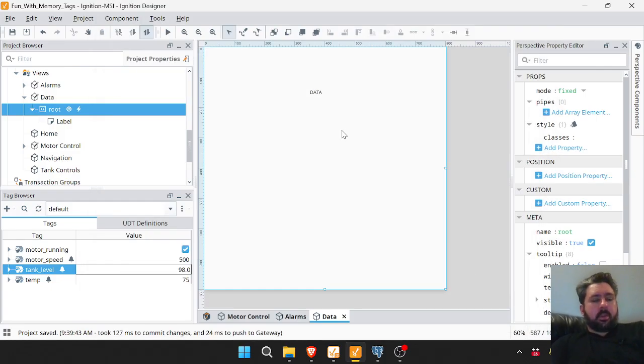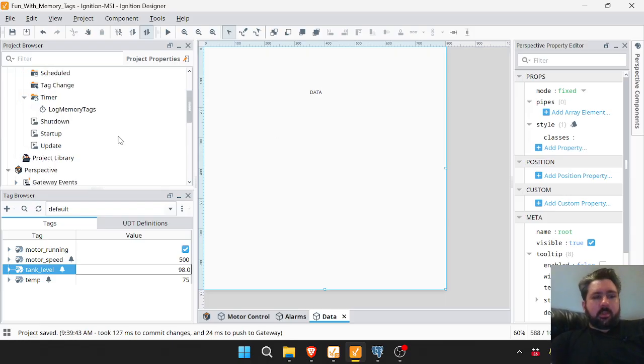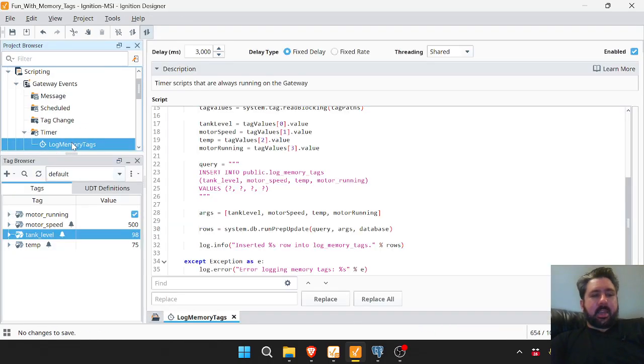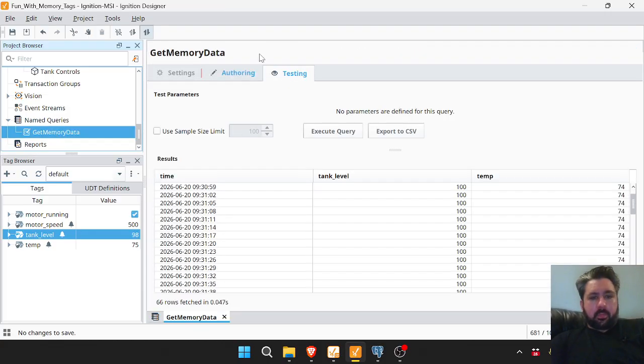Hello everyone. So in the last one we ran into a simple issue, and those of you following along might have actually seen what I did wrong. It was I didn't press save for the most part. That was the biggest issue. So I saved it, and now my named query get memory data is now